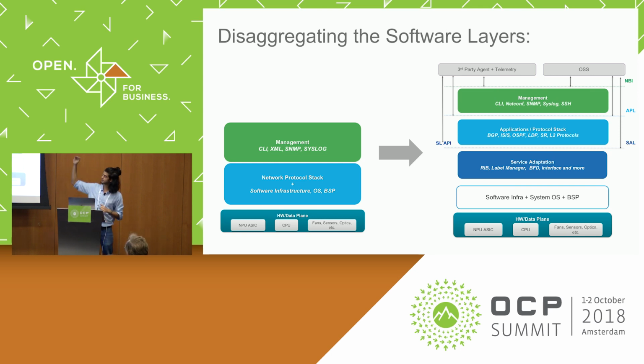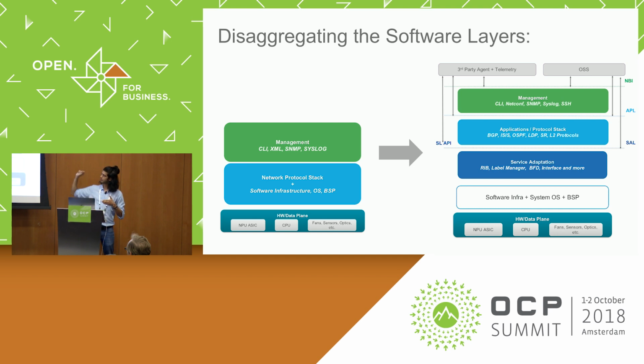And in doing so, of course, it may be fairly obvious to a lot of folks here that what you deal with on vendor stacks primarily is the management layer at the top, right? So that's where your CLI, SNMP, things related to the YANG models that most vendors expose come in. But as we started slicing up, we started exposing APIs at different layers. And the service adaptation layer that you see right in the middle there actually became critically important for some of these use cases. We were slowly getting towards a more disaggregated solution where we also start disaggregating the software and the hardware,